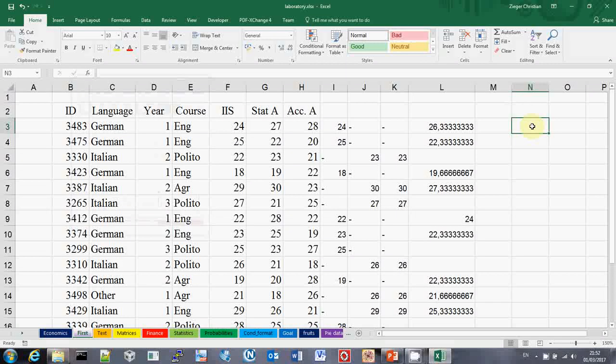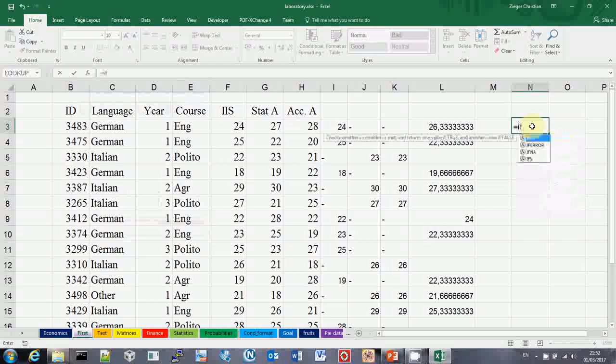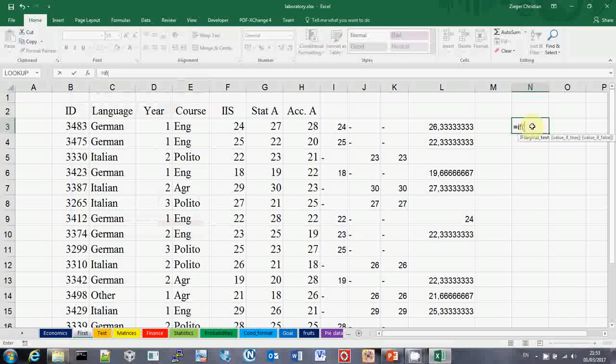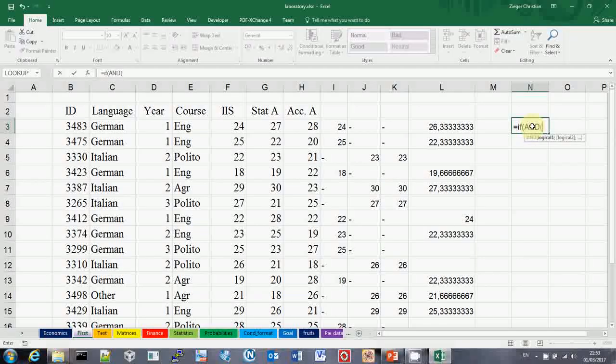Let's solve the second point of the exercise. Again, we use the IF function. Two conditions at the same time have to be satisfied. The student has to be Italian and of the first year, so we use the AND logical function. The two arguments of the AND function are